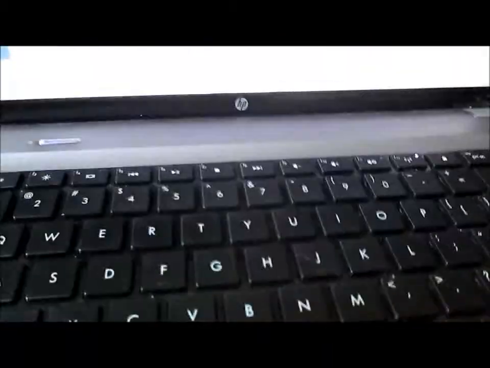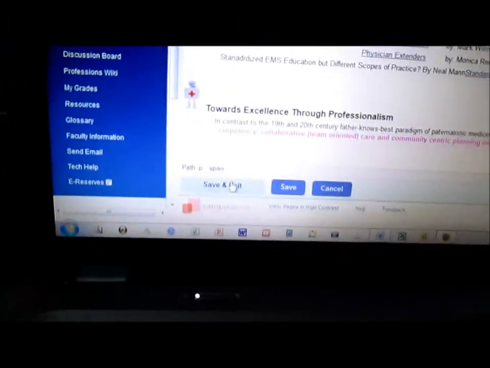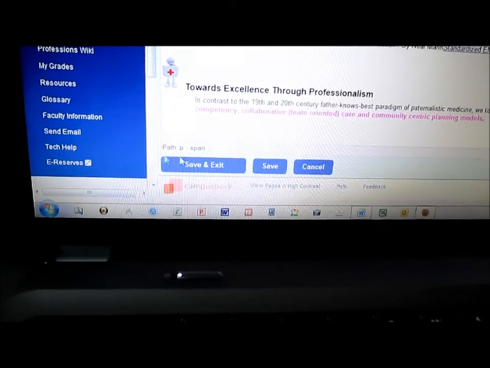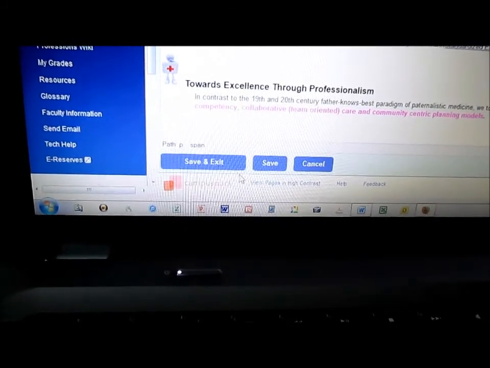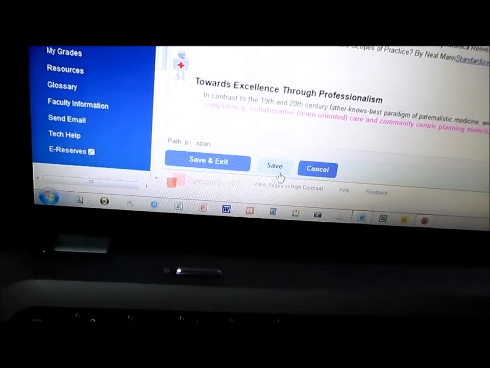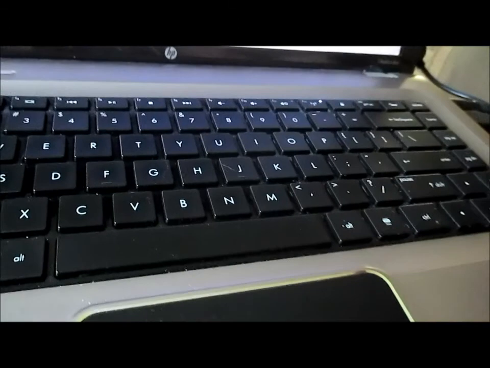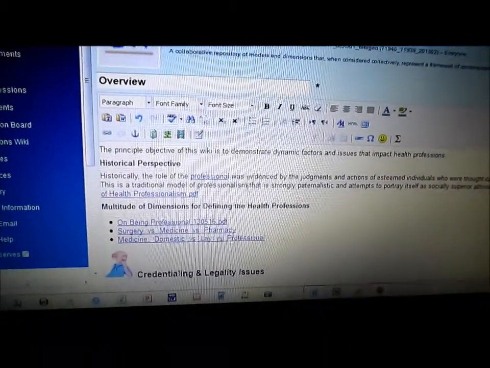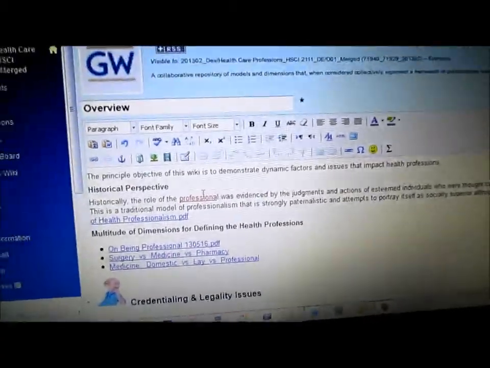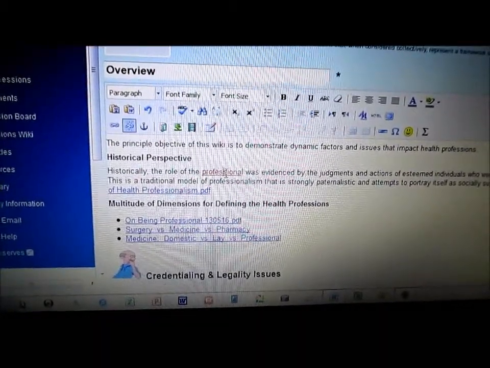I'll tell you what, I have to go down here. I'm going to go down to the bottom, and I should say down at the bottom of the page, I should say save and exit if I wanted to keep the change. And instead what I'll eventually do is just cancel that change, because I don't really need to have that link. But let's try that link out. Even if we haven't saved the page, the link should still work. So if I click on it now,